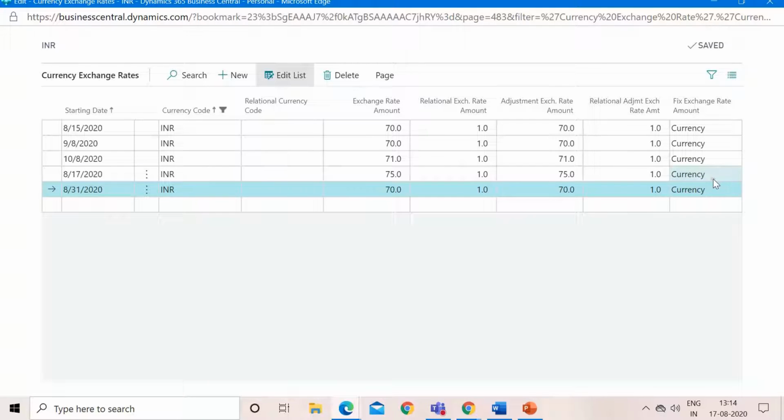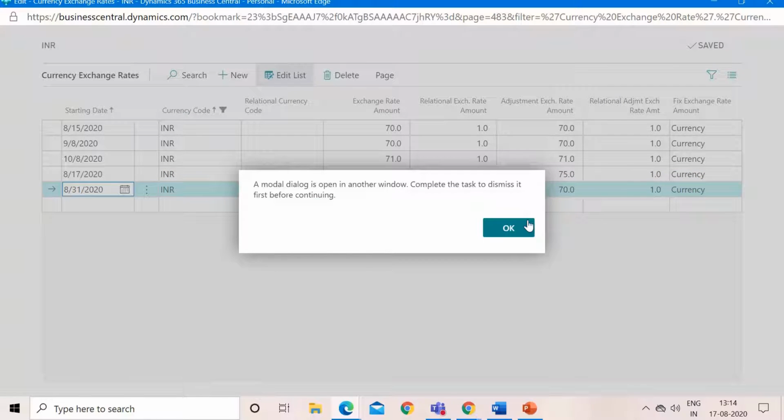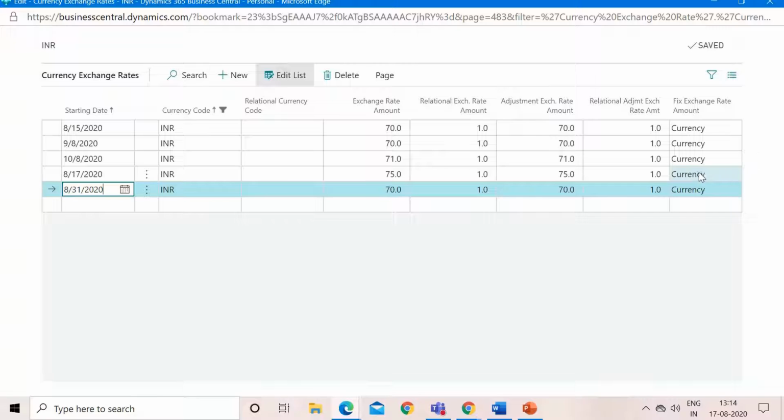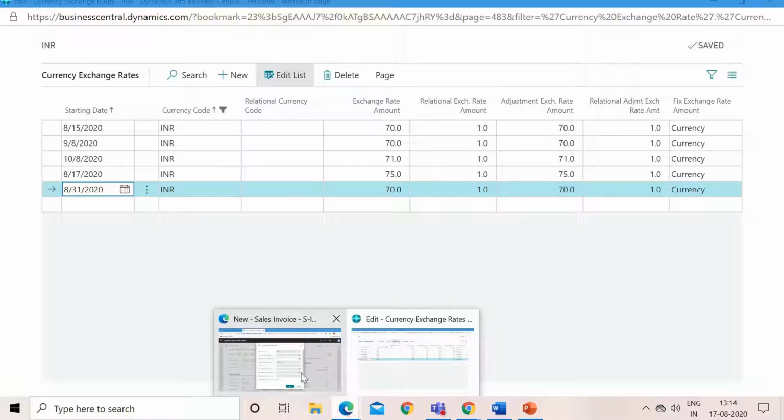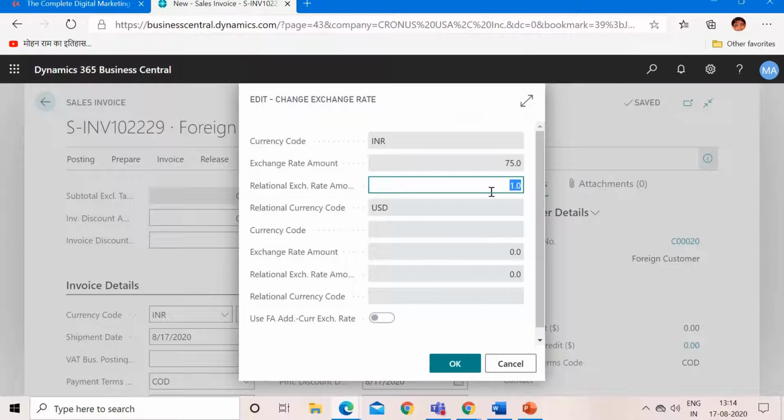On 17th of August it is mentioned here that the currency exchange rate amount should be fixed, so that is why the exchange rate amount field is non-editable. From here we can either make both the exchange rate and relational exchange rate fields uneditable, or make a single field only uneditable. It depends on your requirement. So that is with the rate.